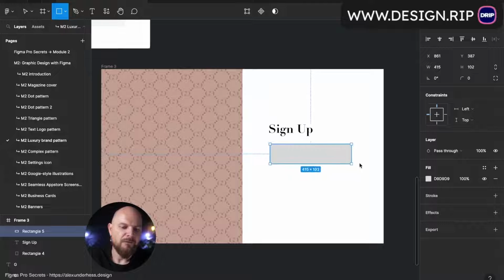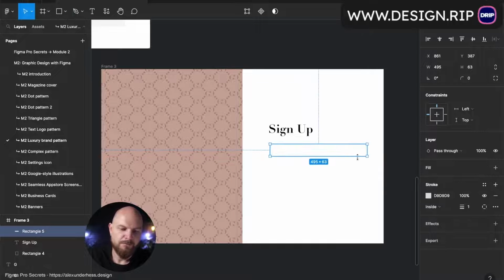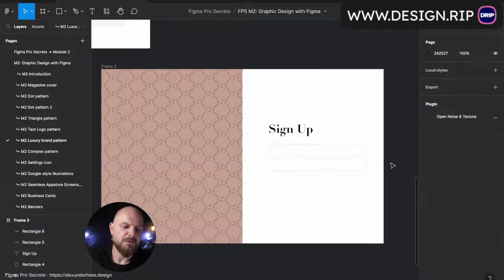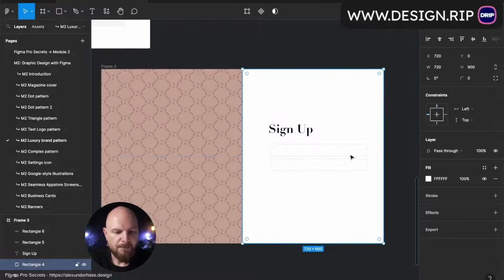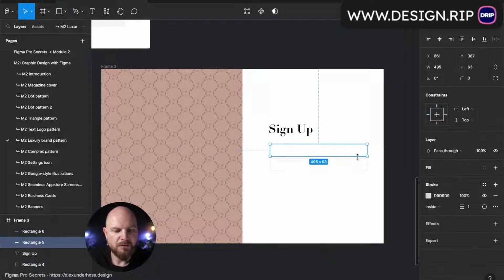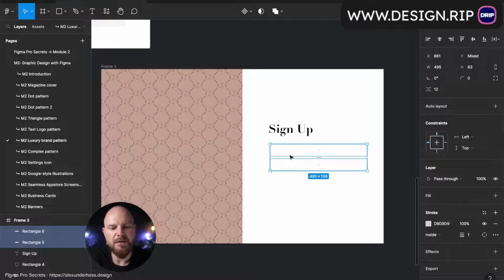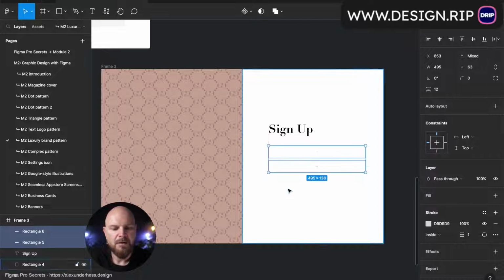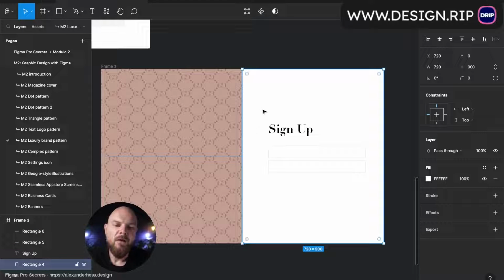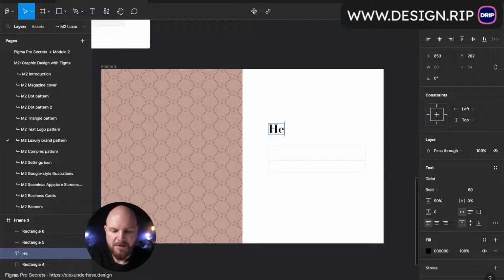And here you will have the fields to put email, password, forgot password. So basically you will create the login screen for this brand, or maybe you'll create something